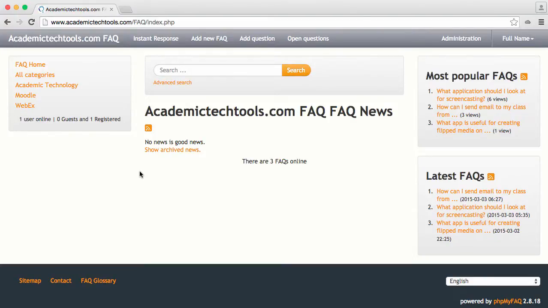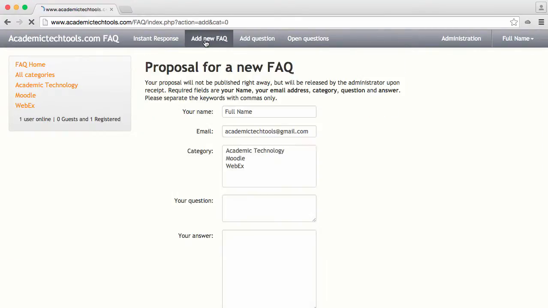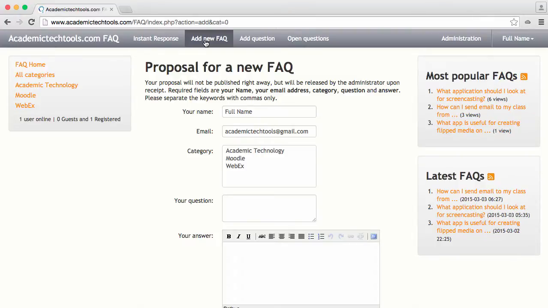In this video, we're going to discuss how to add a new FAQ to your site. This site is powered by phpMyFAQ 2.8.18. When a user visits your site, they can click on the Add New FAQ in the menu at the top. This is going to be a proposal for a new FAQ, but this requires an administrator to release the